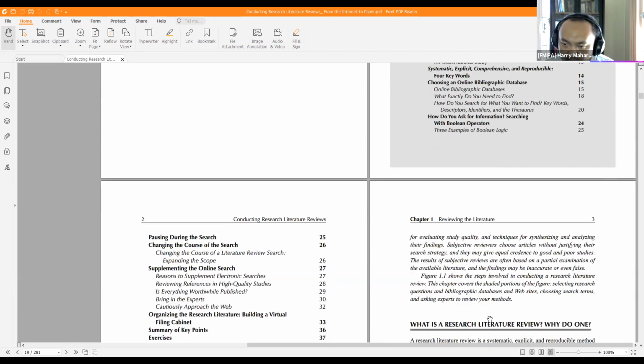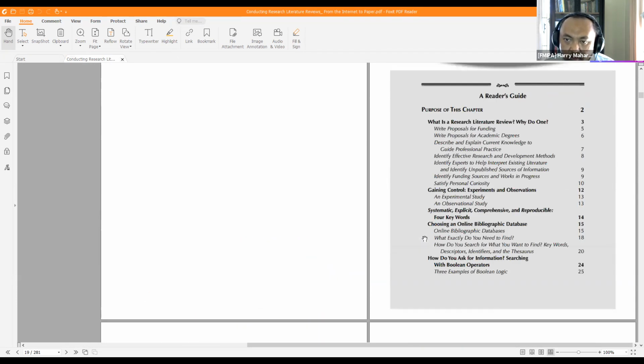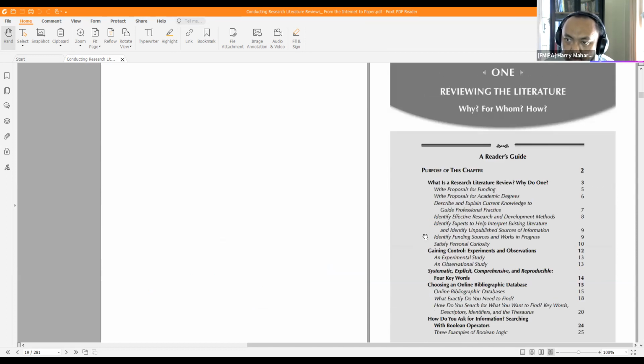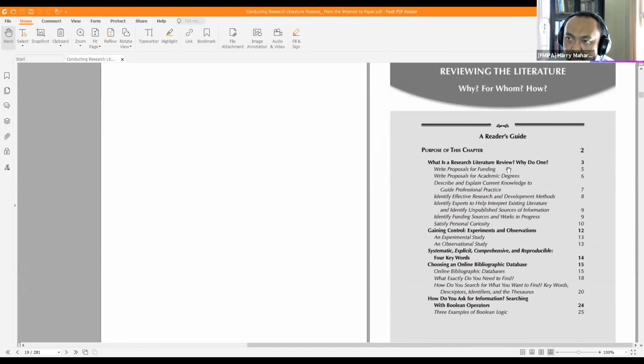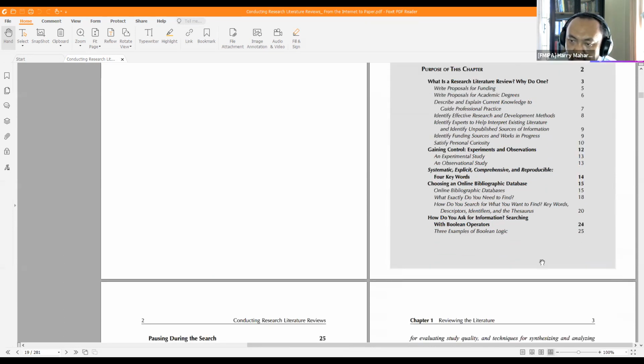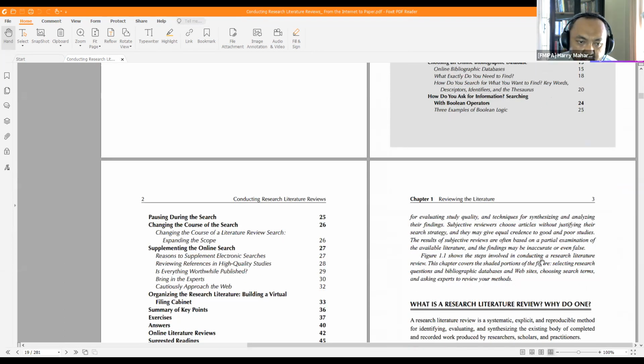Okay, so here, let us go through the first chapter, Reviewing the Literature: Why, for Whom, and How. Okay. So what is a literature review? Why do we need one? And then how can we gain control in the literature review work? And then how to choose which online bibliographic database, how do you ask questions, and then parsing the search,